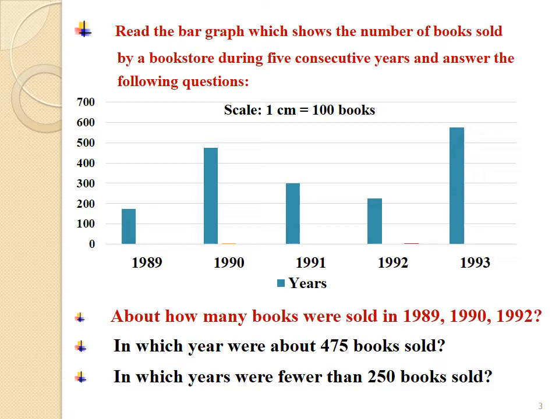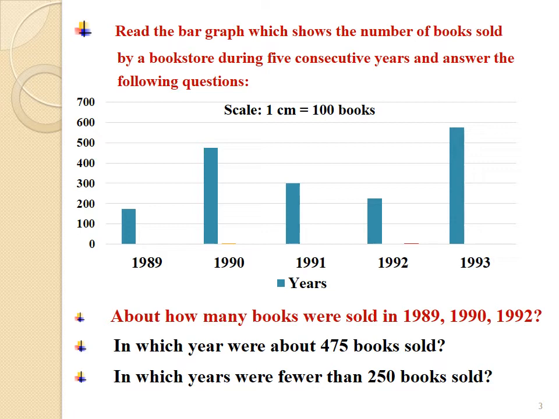Even the bar does not touch 150. The bar touches the mark more than 150 but less than 200. So, we have to assume that 175 books were sold in the year 1989. Students, now look at the bar of the year